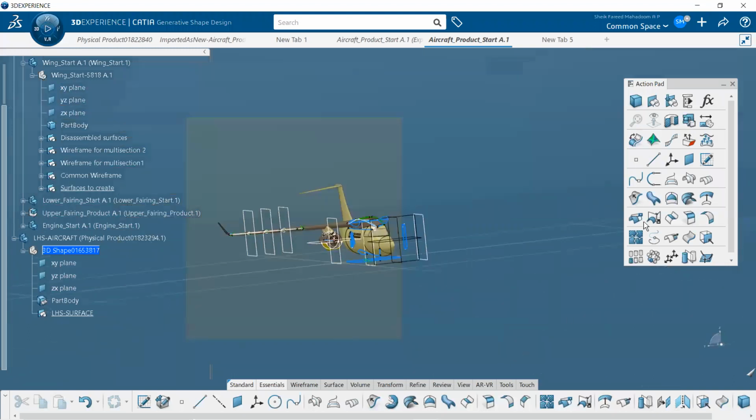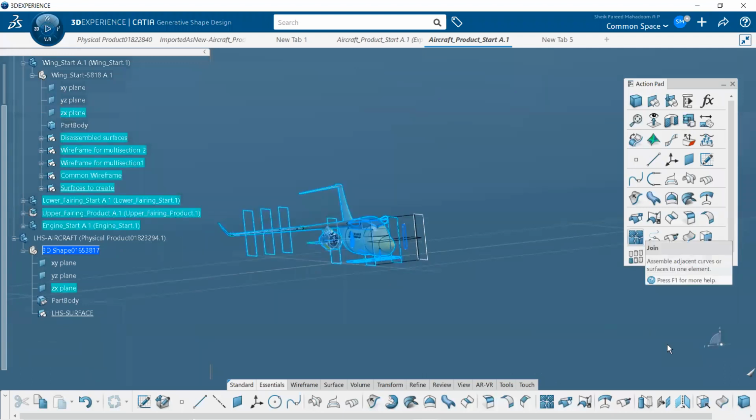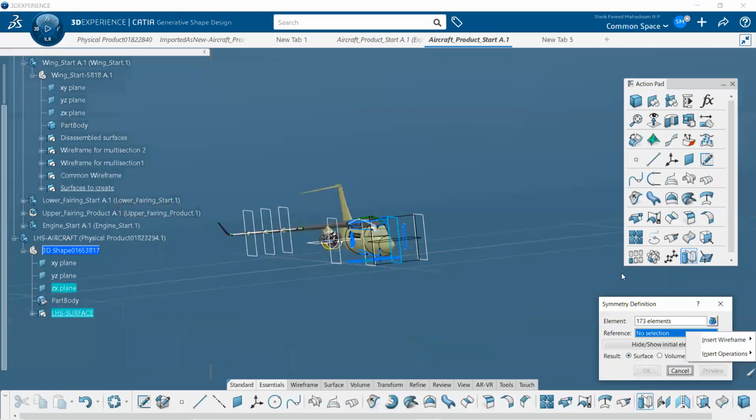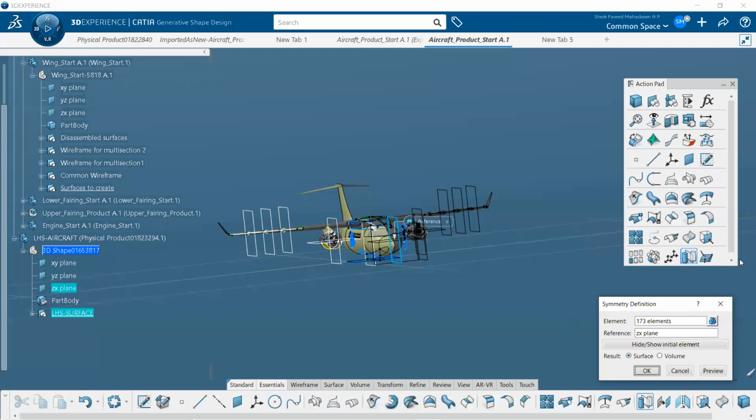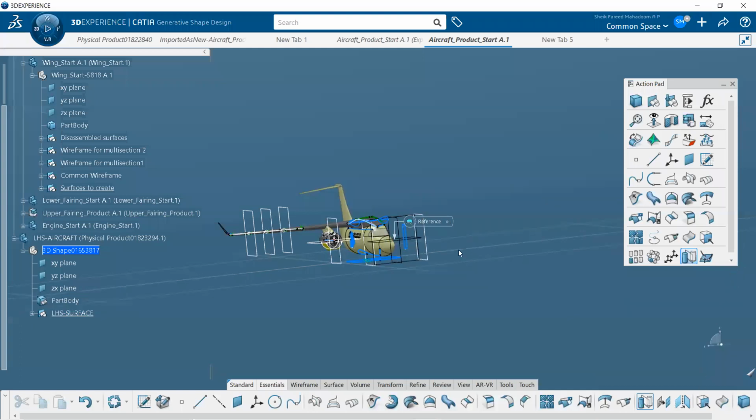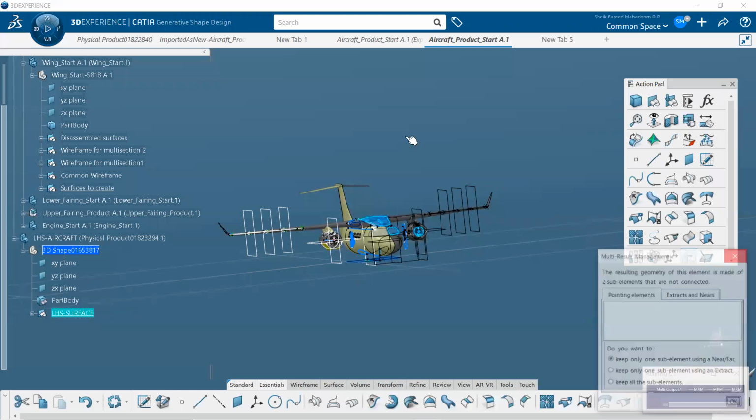Then go to the symmetry, and here in the insert wireframe, I selected ZX plane. Select ZX plane, then say okay. Say yes. Okay. Now it's okay.